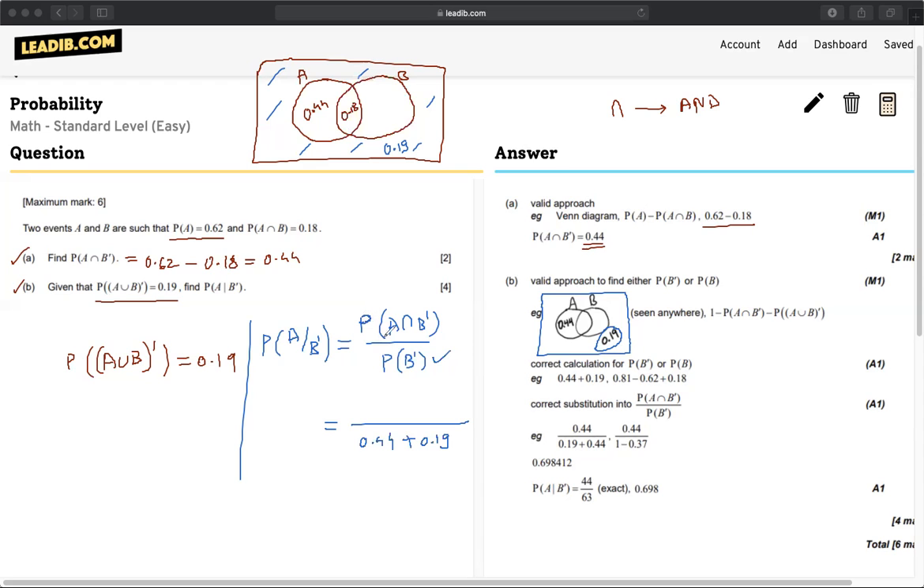Now, in the numerator, we have probability of A intersection B not. So we want A and B not. Okay, it should be A and it should not be B, right? So I can't take 0.18 because it's a part of B as well, right? So I can't take this part here. So the answer has to be 0.44 for A and not B. I can't even take 0.19, right? Because I want it to be A. So I hope you get the point. This is 0.44, this value here. And then, yeah, you do the calculations and the final answer you will get is